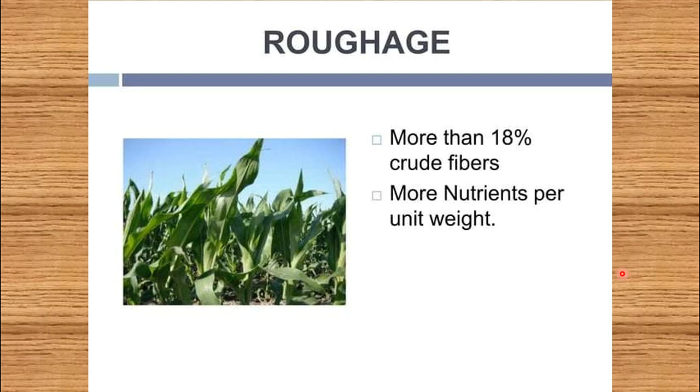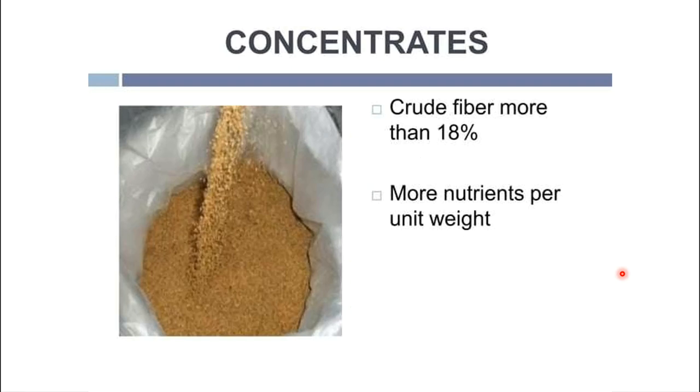It contains crude fiber at 18% or more, for example the maize straws, the paddy straws, and many more types of straws, as you know very well. These constitute the roughage. Whereas the concentrates have crude fiber less than 18%, but